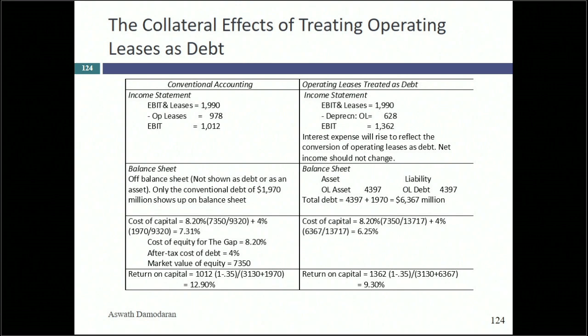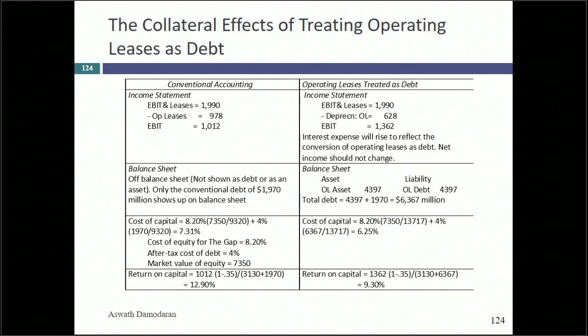Then I said, right now, when I look at your balance sheet, you have only $1.97 billion in debt, but when I count leases as debt, you're going to look like you have more debt. And they were a little down on this. He said, that's not good, is it? I said, well, no, there's a good side to having more debt. Because when I compute cost of capital based on the old debt, the cost of capital I had was 7.31%. But if I count leases as debt, your cost of capital is lower. Now you're at peak delirium. My earnings are higher, my cost of capital is lower, everything's well with the world, this is good, come on in. And I said there's one final catch to this entire process, which is when you grow,